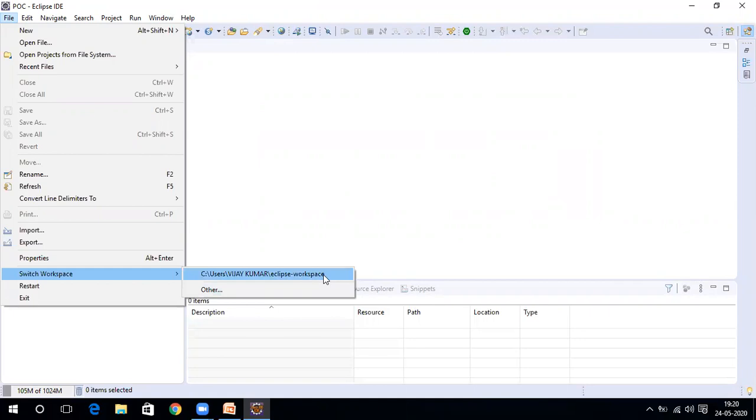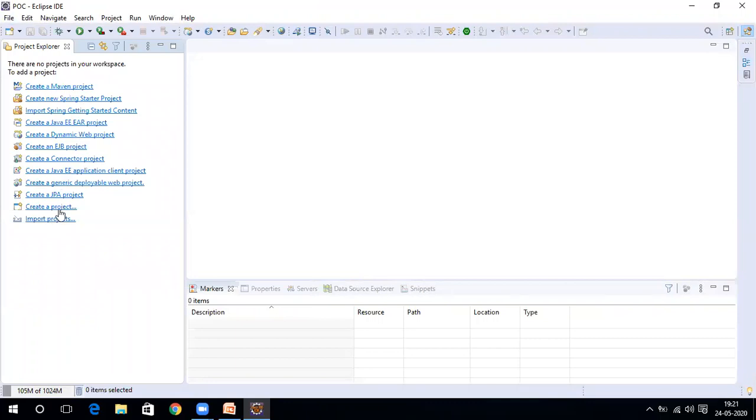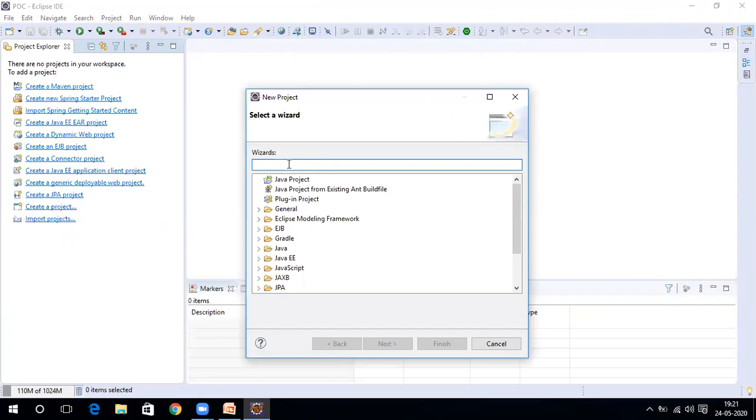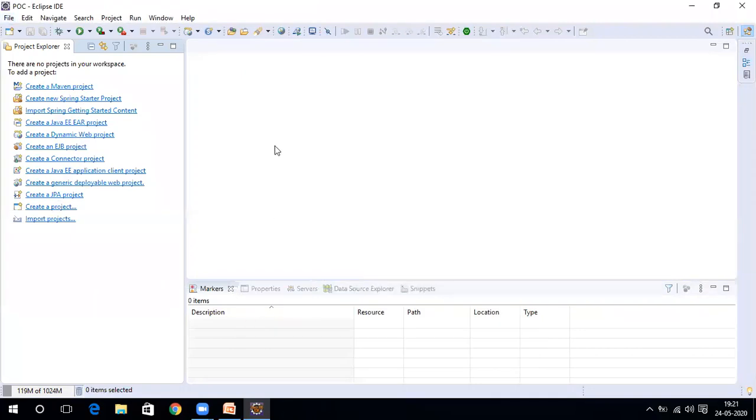You can create a number of workspaces and you can switch basically. For example, if you do a core Java project, a core Java workspace. If you do Spring, you can create a Spring workspace and you can switch anytime, no issues. Okay, that's all. And now we'll create a simple Java project, right? So create a Java project. Okay, you will see the new project, and you need to tell what kind of project you are going to create here, right? So now what will happen? I need to type Java. Sorry, before that I just want to tell you, go back to Windows. So here you see, right, Windows, Preferences.